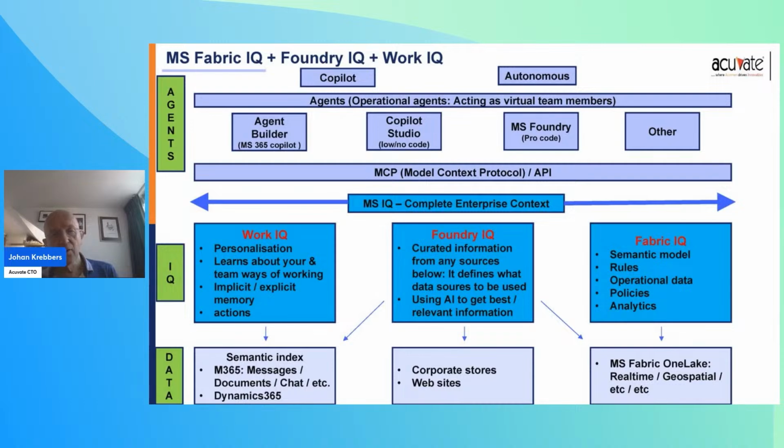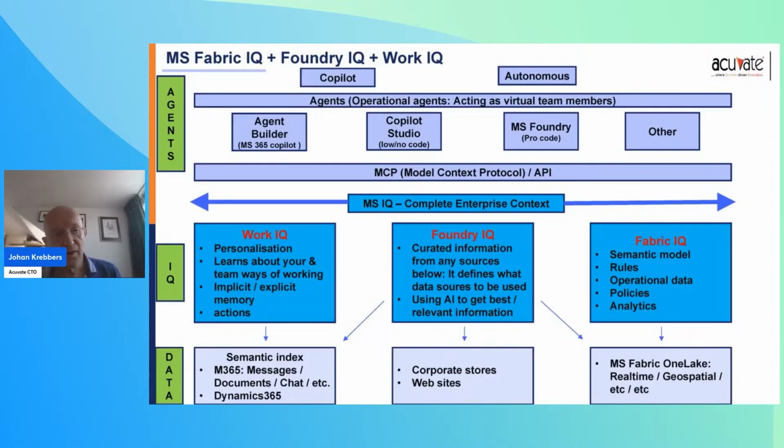Foundry IQ will give access to your ontology layer of all the data sources not covered by Fabric, and it can be many different data sources not covered by Fabric. And then Fabric IQ is really the component of your ontology layer which has access to all the data accessible via Fabric. So if you add the three together, your Fabric data, your other non-Fabric related data, and your unstructured data, it will cover everything. That together tells you the whole story in your ontology layer.